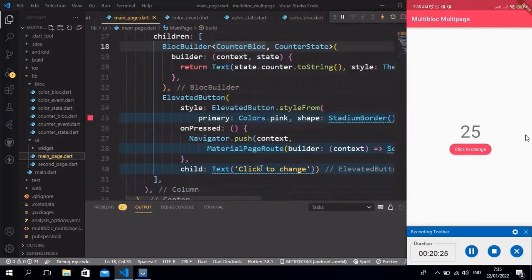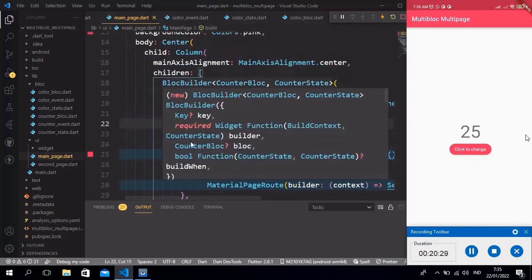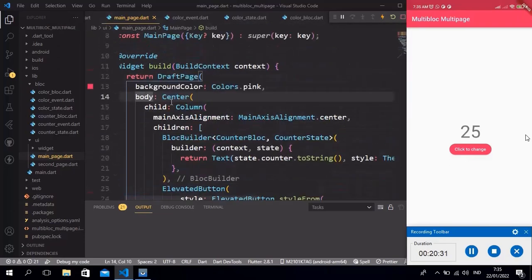Then in our main page, we wrap the main page with BlocBuilder at the top of the page.